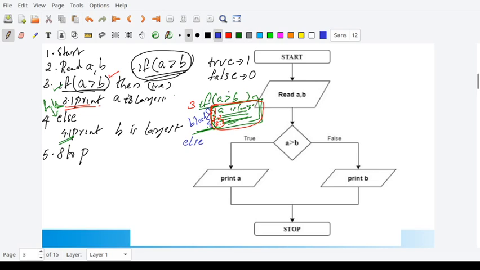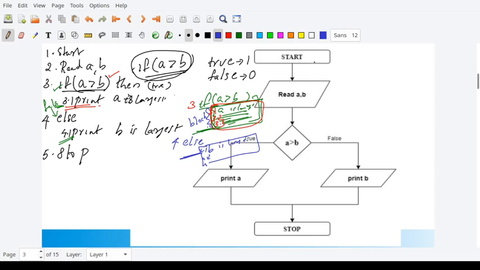If the condition is not true, then you will not enter this block. Instead, you will go to the statement else. Now we will have an else block, where it says B is largest. Here also you will put some space and then start writing this. So this is called the if block, this is called the else block. Here also I can give numbers 4.1, 4.2, etc. So this is how you write an algorithm to find out the largest of two numbers.